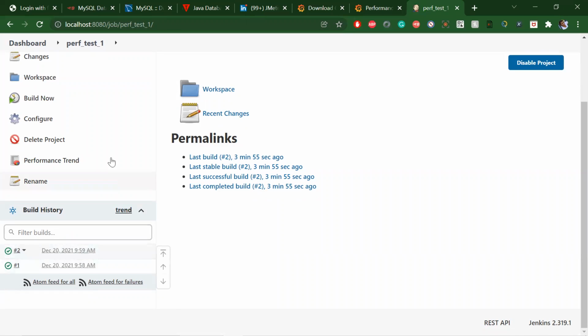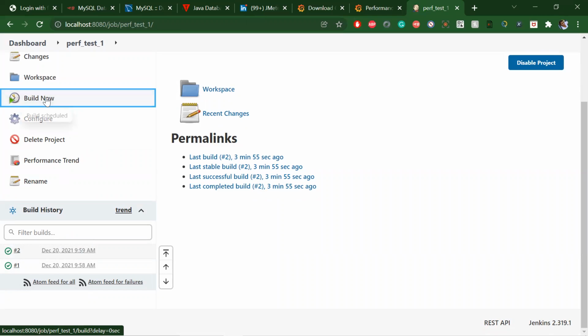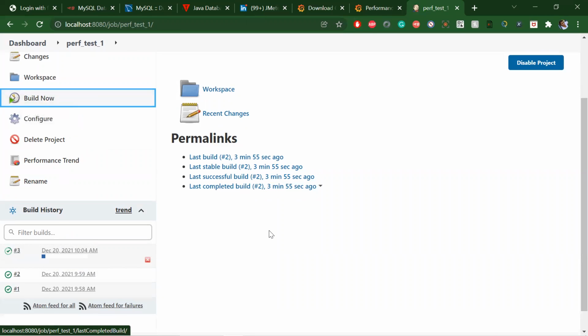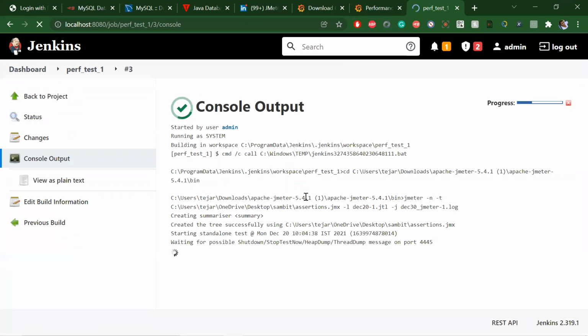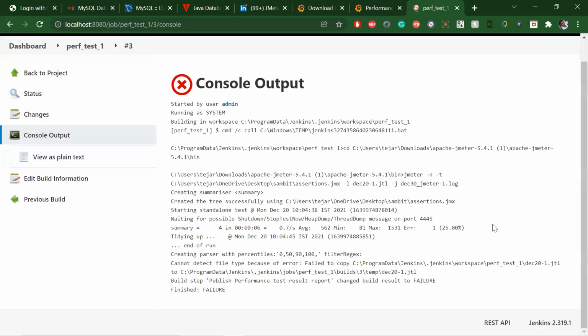Right now, let's do build now. Console output. See, now it says failed. Why? Because there is a 1% error in our script itself, as we gave the condition.